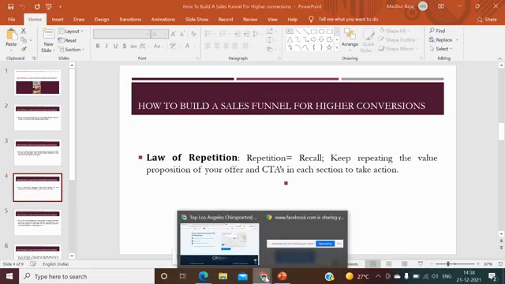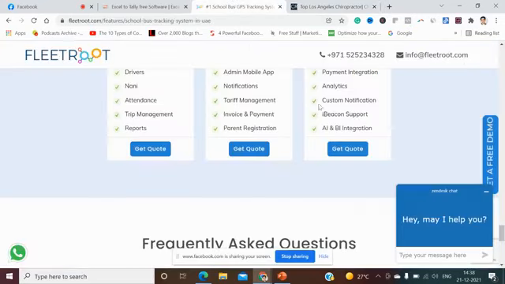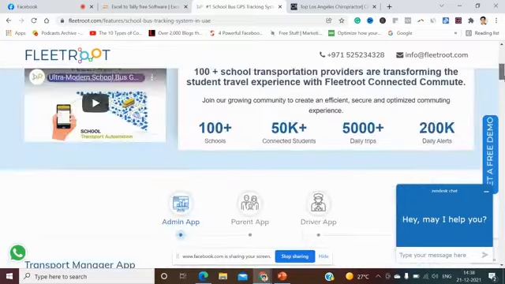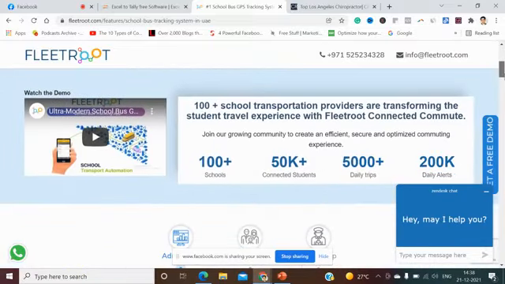So let's understand. Keep repeating the value proposition. I'll take you to the example over here. In each section: "100 plus school transformation providers are transforming the student travel experience with free to connected commute." We are repeating the value proposition here.